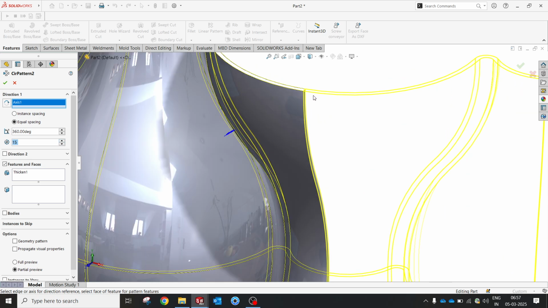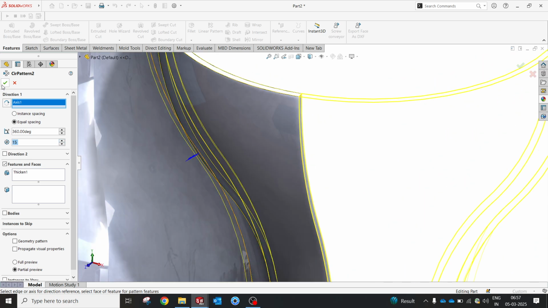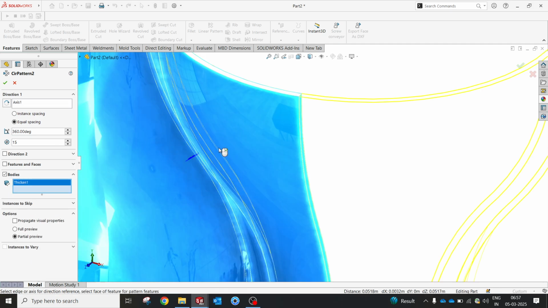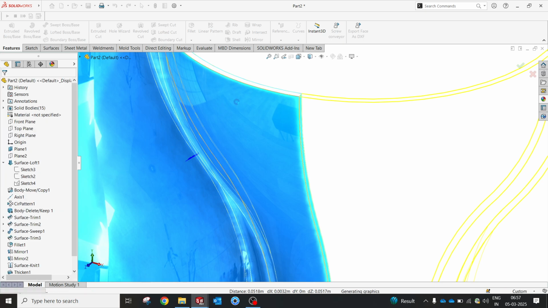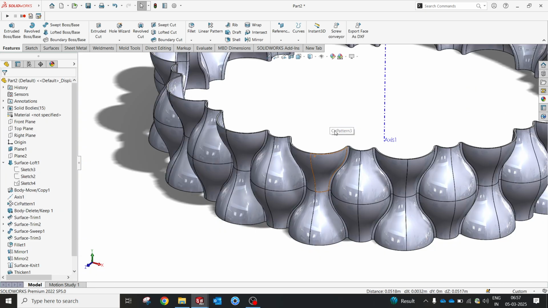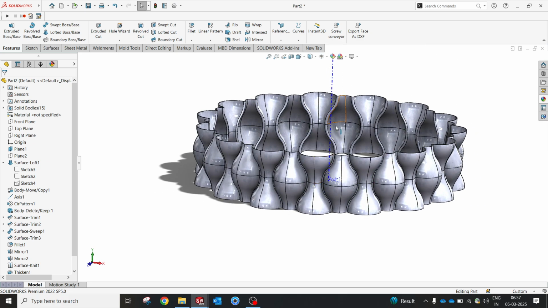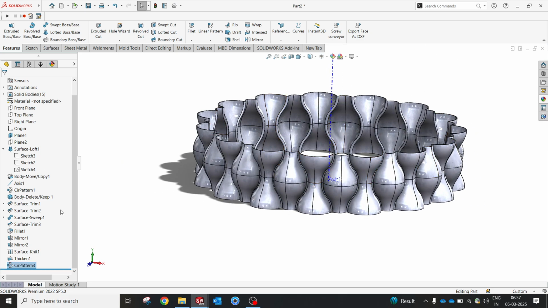Yes, so it matches your profile. Okay, sorry, it should always be a body, yes, exactly. You can just not use a feature, because it has become a single body, so we have to go with the body, not a feature. Yeah, perfect. So you can do a circular pattern like this, and then you can use a linear pattern,